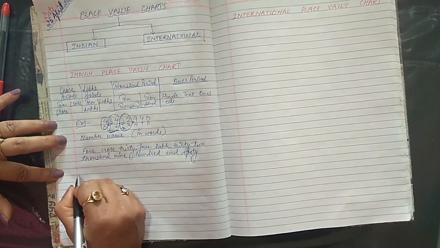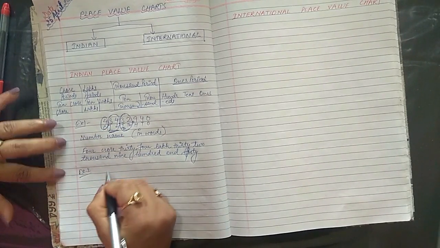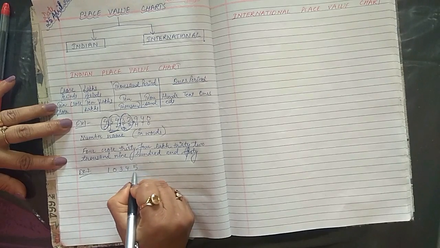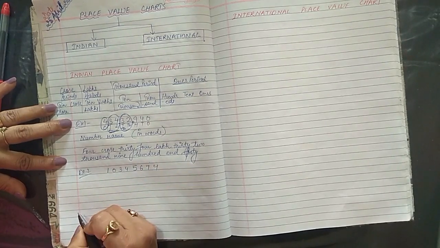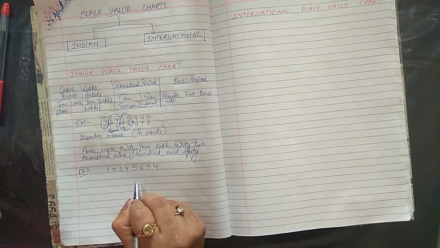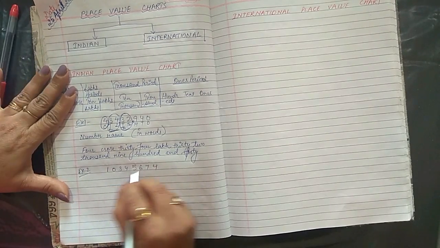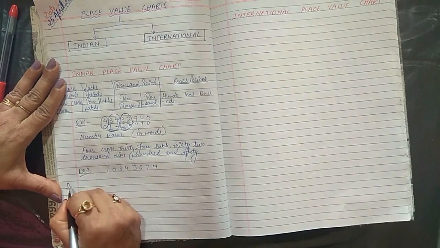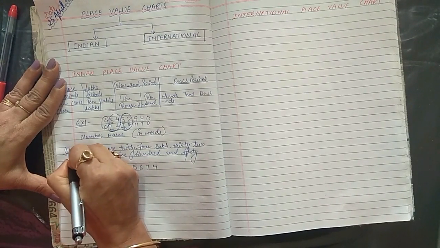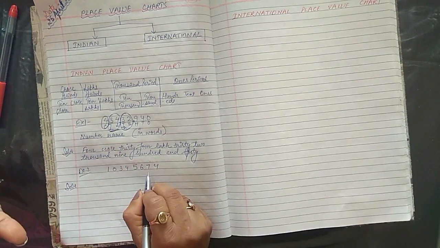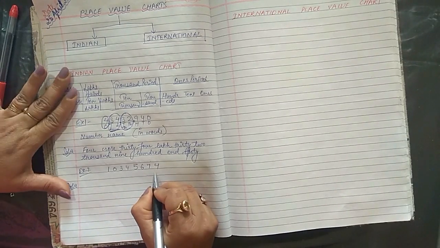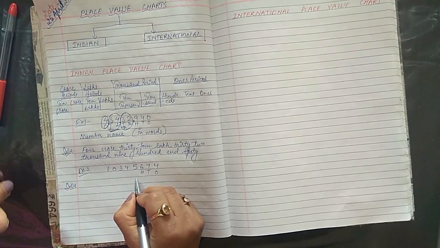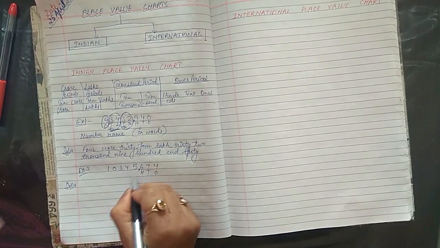Now let's take one more example. This is example number 1, this is example number 2. Suppose we are taking this number. Done. Now it is given in the exam, suppose it comes to write its number name or write in words. So again, the solution is very easy. How we are going to do that? First of all, we'll put the comma according to the periods. Now let's write it. Ones, tens, hundred. One period is over. Put comma over here.